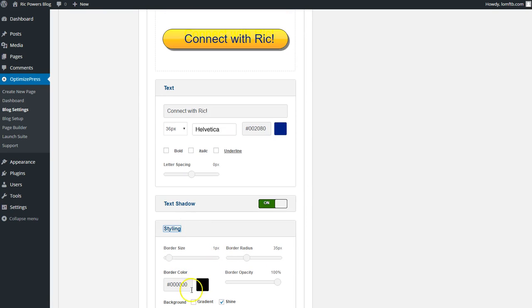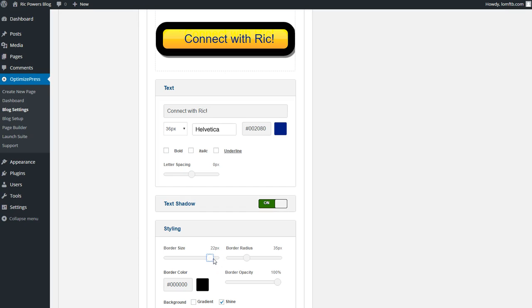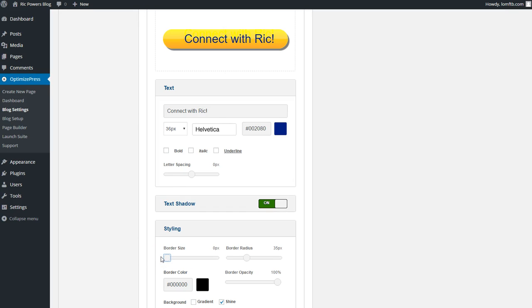Border. This will give you the border. See all this big border? We don't want that though. So we're going to bring it down, maybe a little border. Maybe a little bit like that. And then